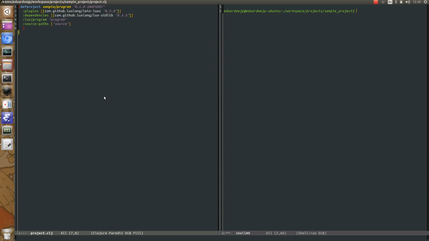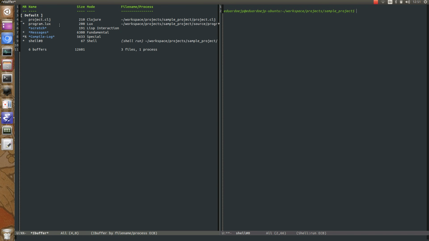So instead, I just made a plugin for Leiningen, which is this one here, the lein-luxc plugin. Right now, the latest stable version is 0.2.0, and you can get it pretty easily. So besides that, we're also going to be using the Lux standard library as one of the dependencies of our program. The latest stable version is 0.3.3. We're also specifying the lein-luxc plugin, and that the name of our program is just program, and that is the case because the file that we're going to be compiling is named program.lux. So depending on the name of the file, we will have a different